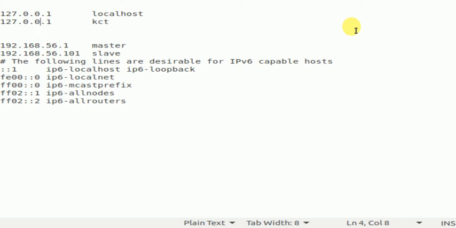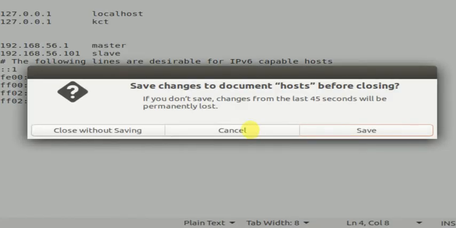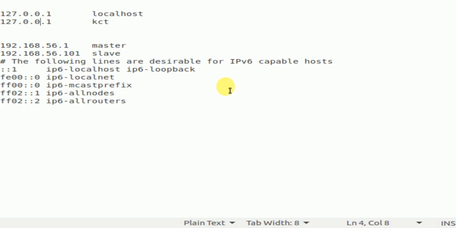So once you are done, again you save and close it. Okay. So these are the configurations required for HBase.